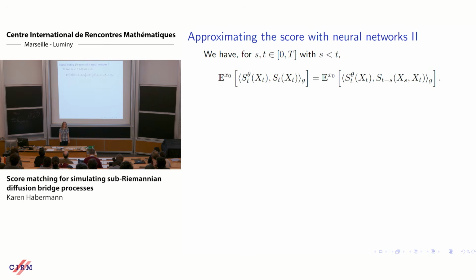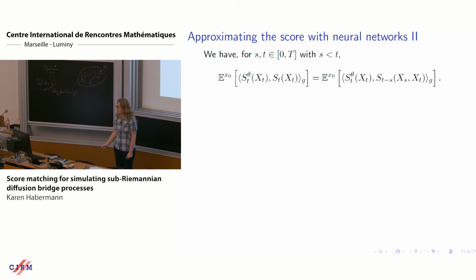And basically what you use in this proof is something I said right at the beginning, that if you want to go from x0 to y in time t, you can first go in time s to anywhere on your manifold, and then you have to go from that to y in the remaining time. If you use that, basically this identity just falls out. That's all it uses. So this is something interesting to notice, that this inner product, which appears in our loss function, will actually be able to play around with this s. And in this particular case, it's important that we change our starting point in this score definition.